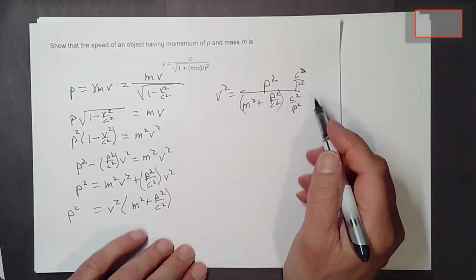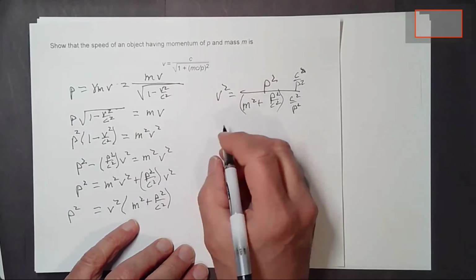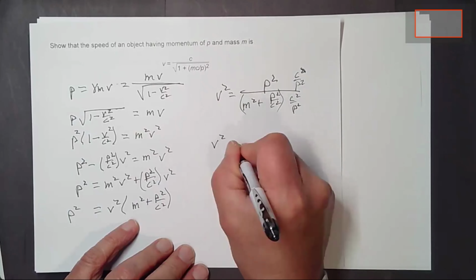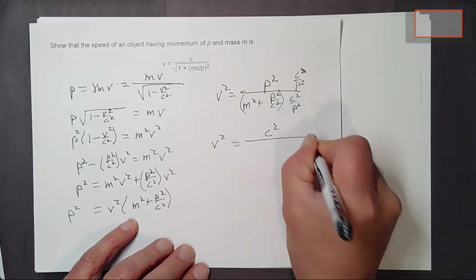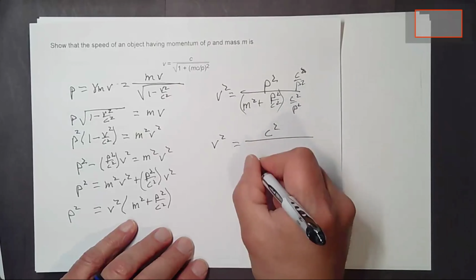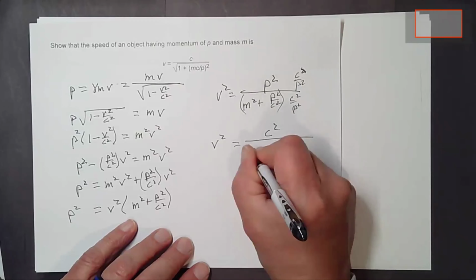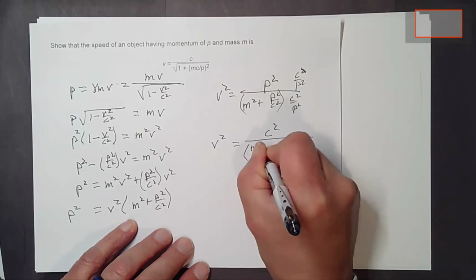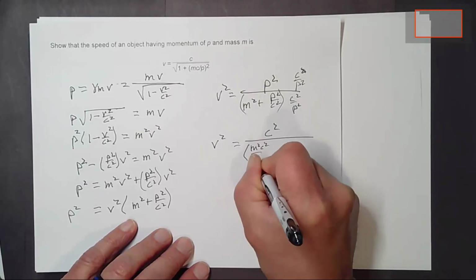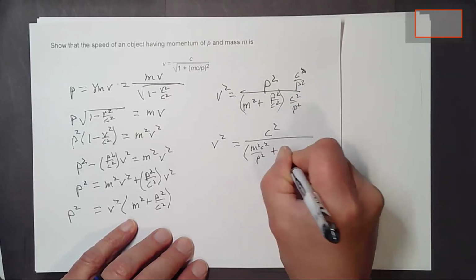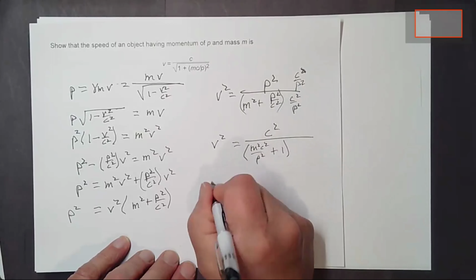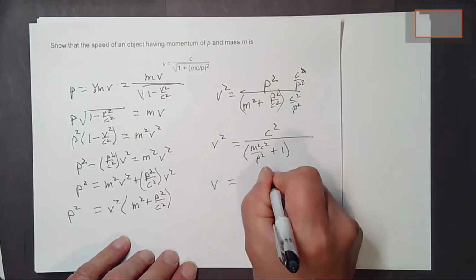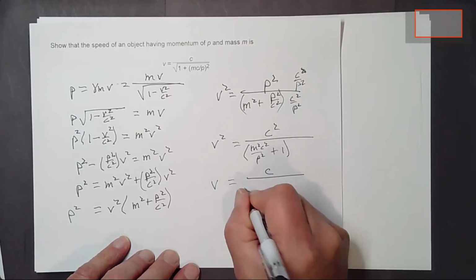Yeah, looks like that. And then the top changes into just c squared. Okay, that's what's going on. And the bottom changes into m squared c squared over p squared plus 1. Okay, then you take the square root of both sides, and you get v is equal to c over the